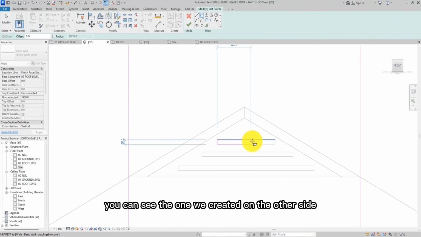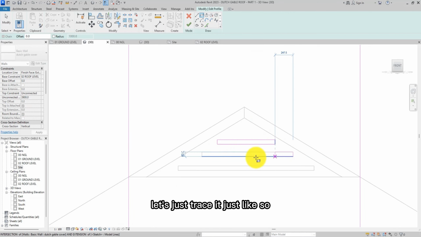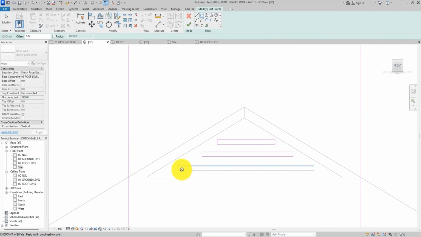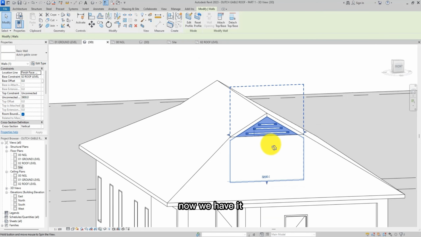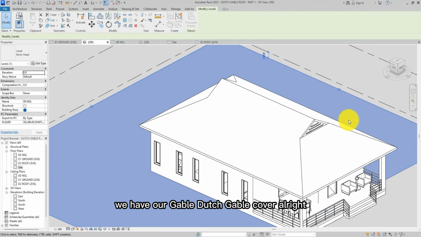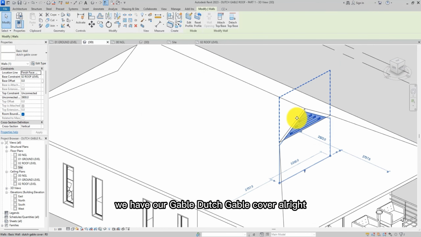You can see the one we created on the other side. Let's just trace it just like so. Okay, now we have it. We have our Dutch gable cover. All right,